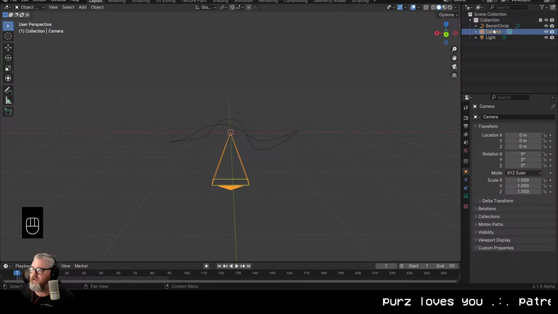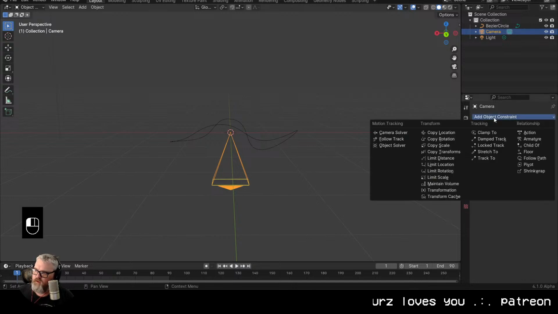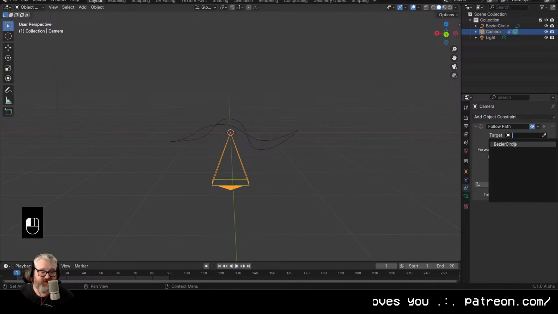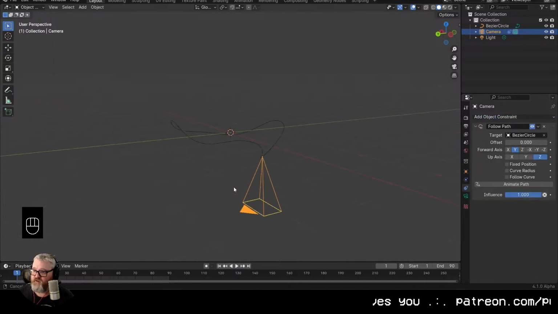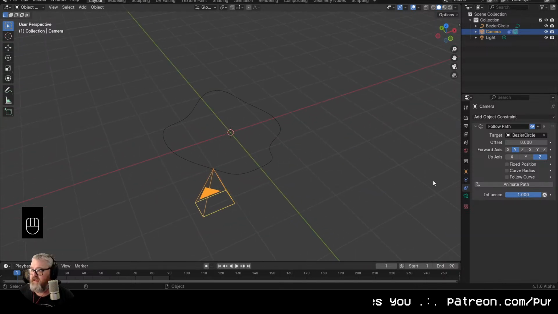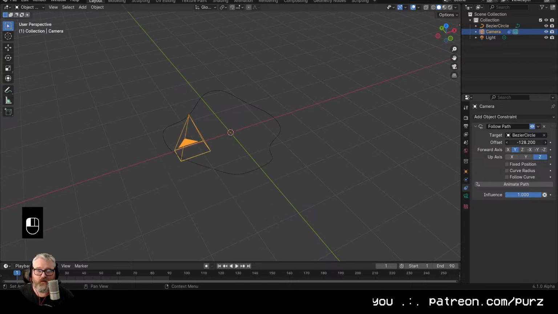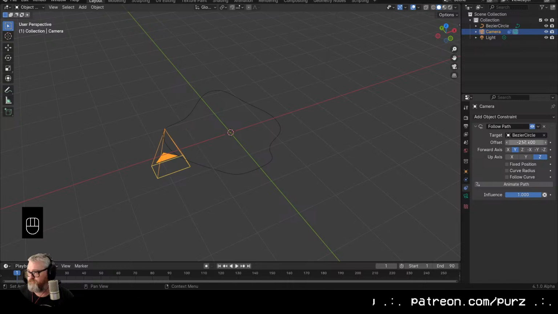So we're going to take our camera and use this pinball thing, the constraints thing, and add an object constraint. And that constraint is follow path, because we want this camera to follow the path we've created. The target is the Bezier circle we created. So now the camera is actually going to be on the path. You can see that. And if I move this offset, it's going to move along the track,